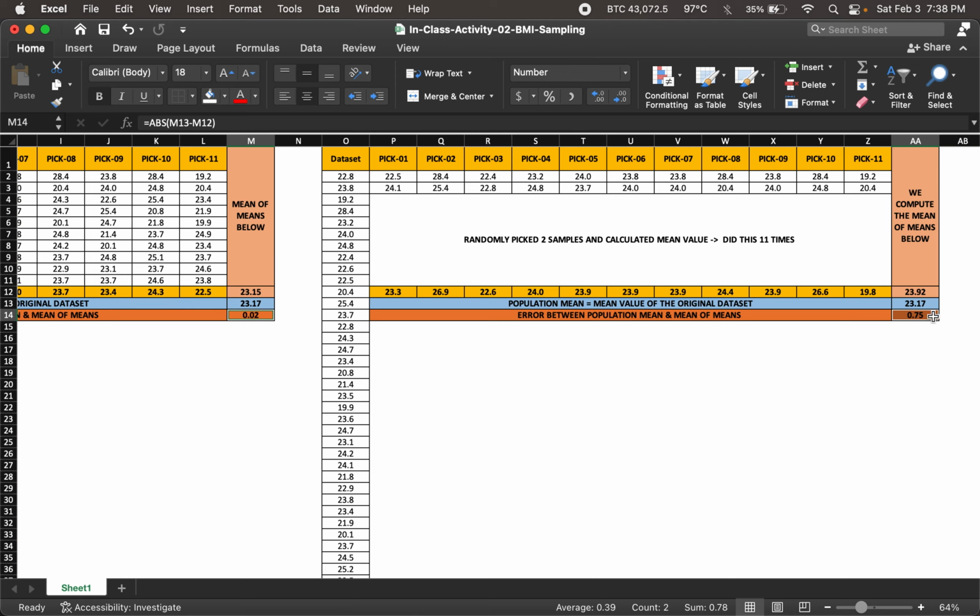0.75 is the absolute error when we perform the experiment with only two samples for each pick, and 0.02 is the error when we get 10 samples for each pick. The number of picks are the same. We have 11 picks, but the samples in each pick has increased on the left hand side, and that averages out the difference or any variation, and that gives us a better estimate of the population mean, which is why we have the reduced error, as we can see on the left hand side, for when we have more number of samples for each